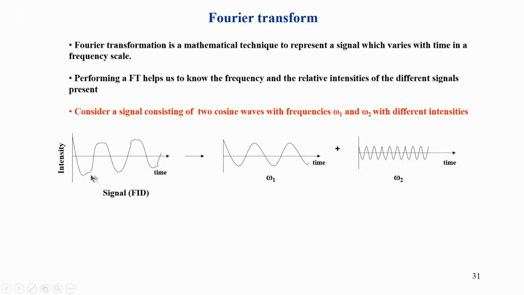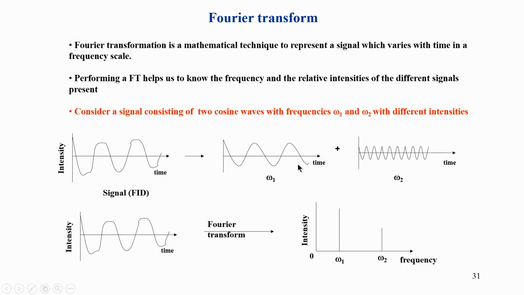So, you have 2 frequencies present. The FID will be a combination of those 2, because remember the detector does not care how many frequencies are present, it simply adds the 2 FIDs and that is what looks like this. But there are actually 2 components present here, one could be a low frequency and one could be a high frequency. Not only that, the amplitudes may also be different. For example, the CH3 of methanol is 3 times stronger than the OH of methanol, which is only 1 proton. So, you see the amplitude can vary and the frequency will also vary. This is how we can decompose or separate the frequencies into 2 components.